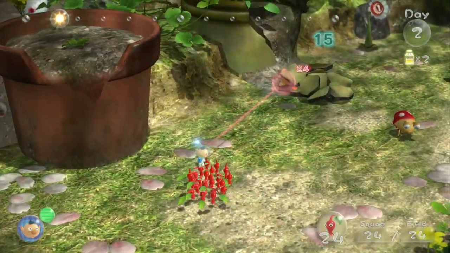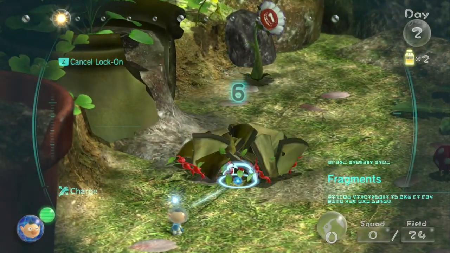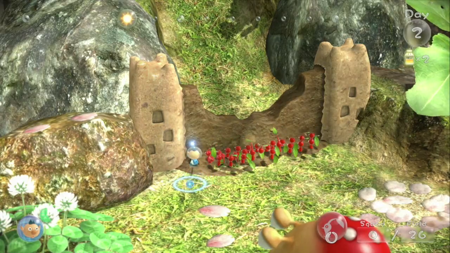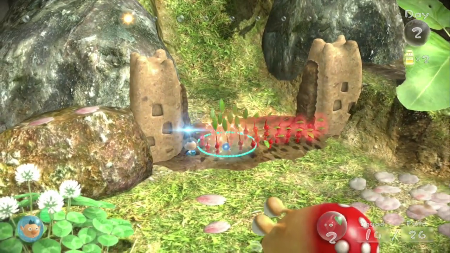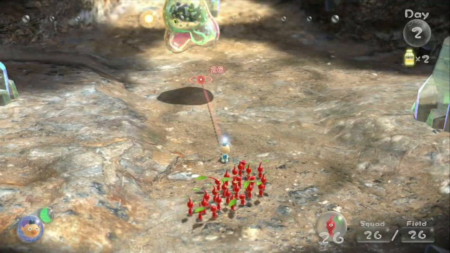And even though there's just a dwarf bulborb in our way for the second set, he walks out of the way just in time for me to grab the pile from under his nose. We cross the newly completed bridge, and for now we're just gonna ignore the bulborb that's on the other side. We break down this wall, and this leads us into a cave where we can find the rock Pikmin, and